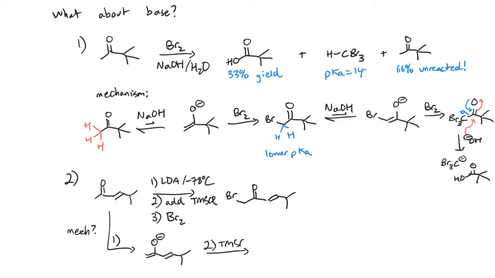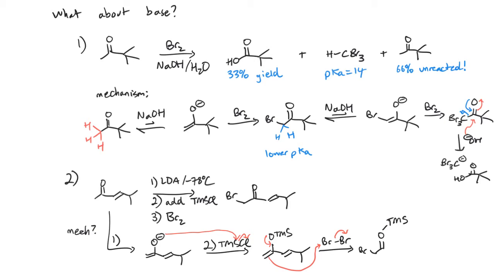In step 2, we are reacting with trimethylsilyl chloride as the initial electrophile. And it turns out that enolates will react at oxygen with silicon. That's giving us the silyl enol ether. And so this is just a less reactive form of an enolate. In the third step, we could then react the silyl enol ether with bromine to do a kind of traditional nucleophilic attack onto the bromine. Overall, that gets us to the brominated compound